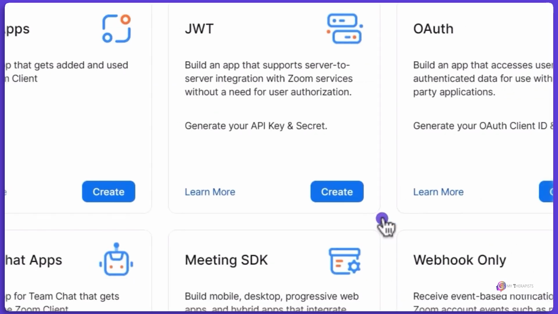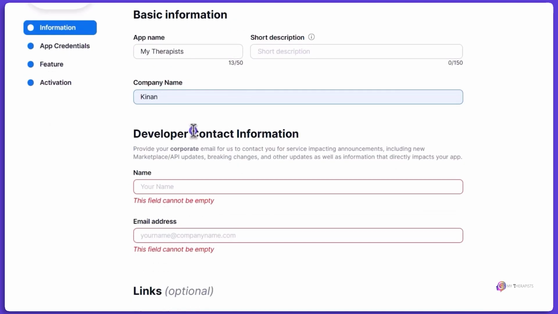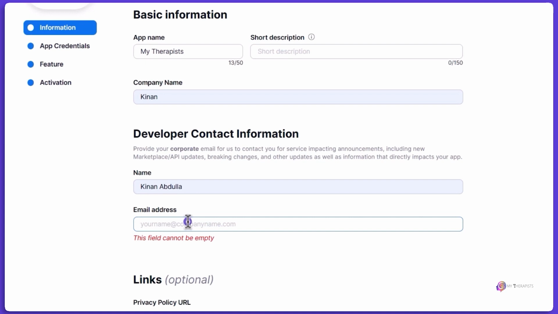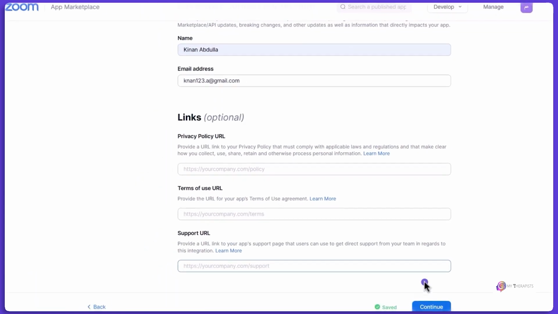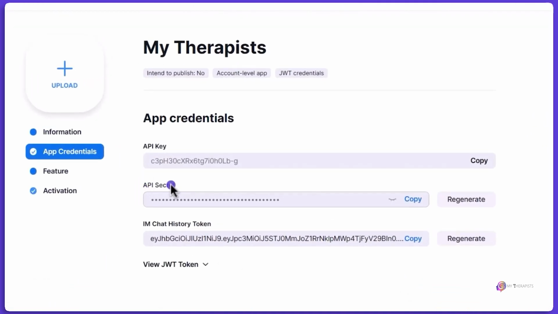Then click Create. Here, type your company name. It's okay to type your name here. The developer contact information, also type your name here. Then provide them with your email address. You don't have to fill in these links. Then click Continue. And now here is your API key, your API secret that you need to add to the